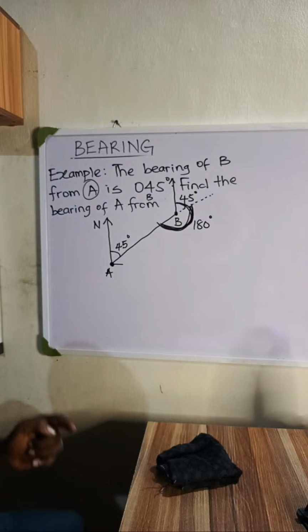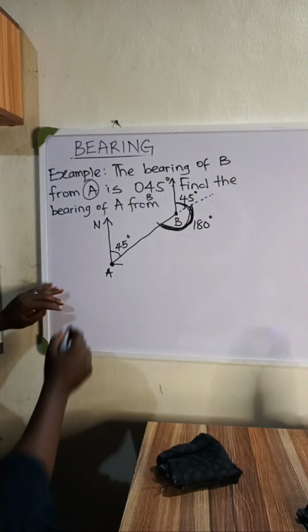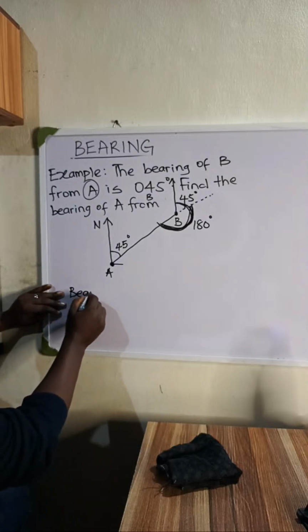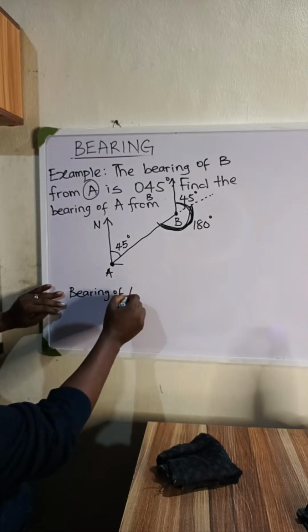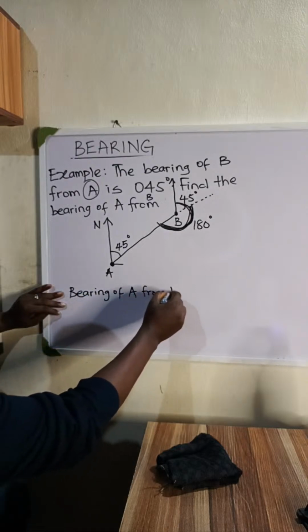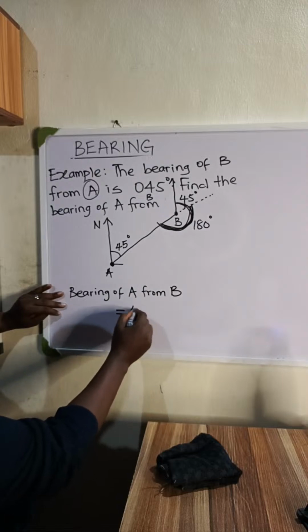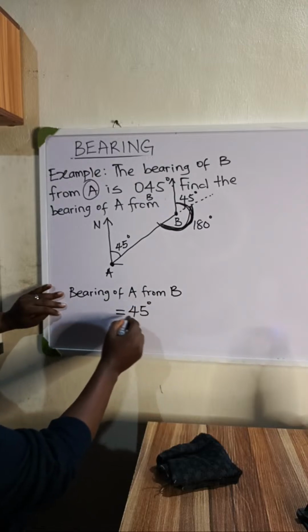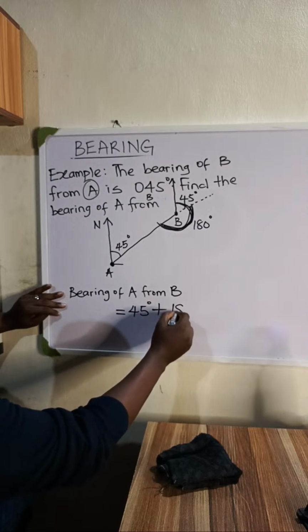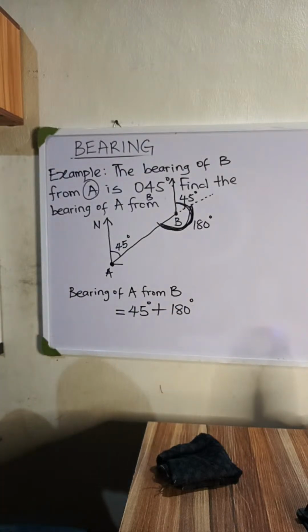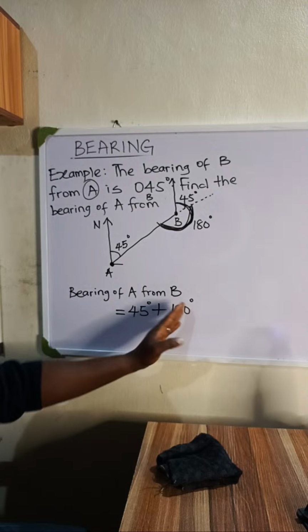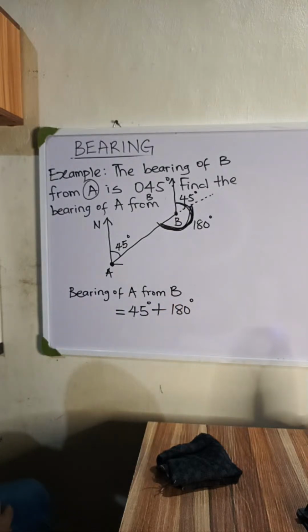That means the bearing of A from B is equal to 45 degrees plus 180 degrees. And that will give us